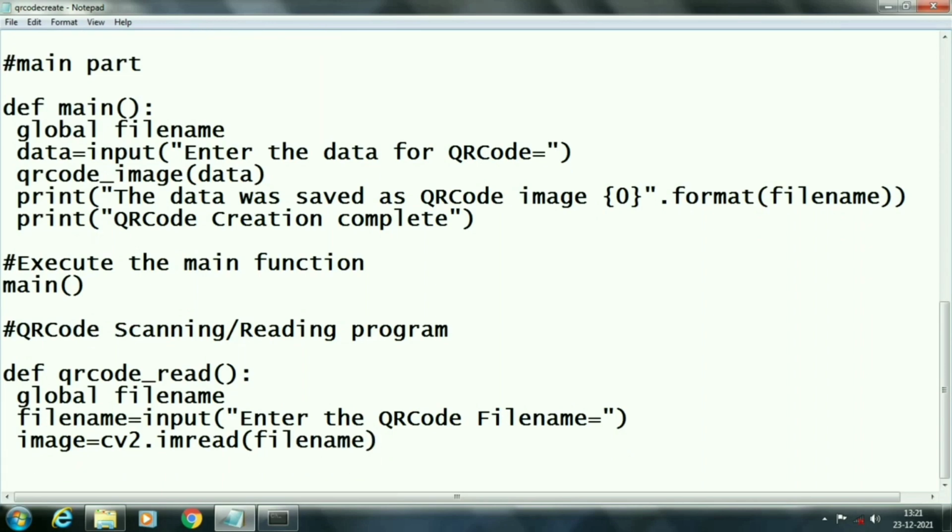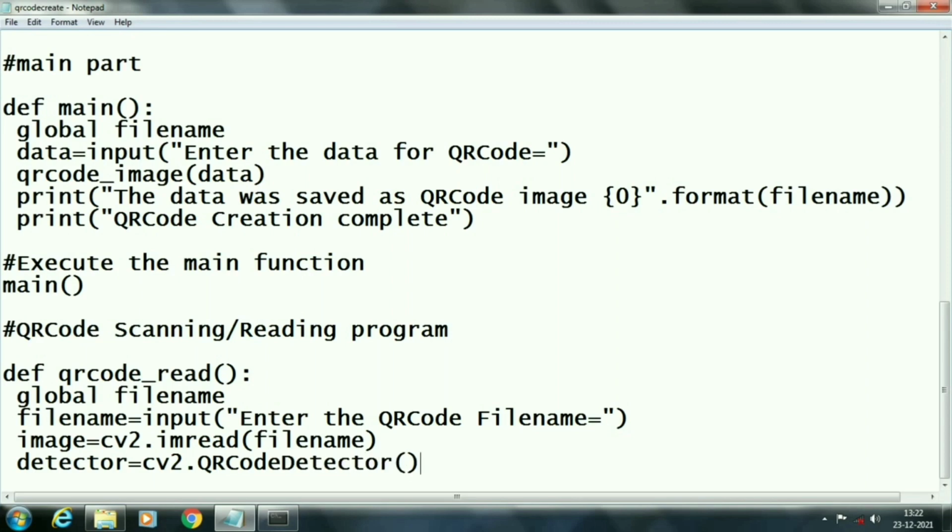Now we will create and initialize a detector object of CV2. This detector object will detect and decode our QR code image.